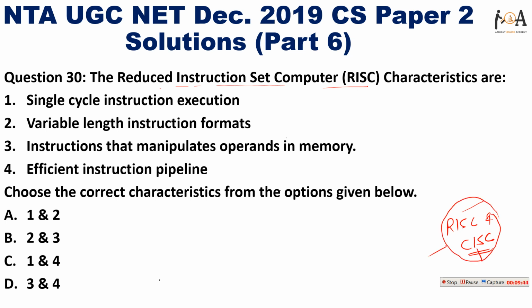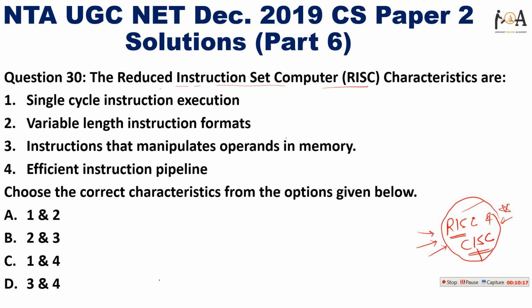So for solving this question efficiently, I will advise you to watch the important lecture on RISC and CISC, whose link is also given in the description section. By watching it you can get the complete differences between RISC and CISC, because many times UGC NET may ask directly for the differences between RISC and CISC. We have compared it with several functionalities, and after watching that you can definitely grasp 2 marks if the question is asked from RISC or CISC, right? So you must watch that lecture so you are able to grasp 2 marks directly from it.